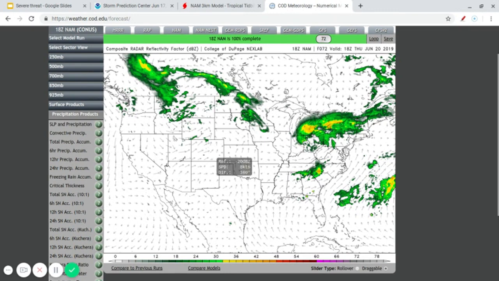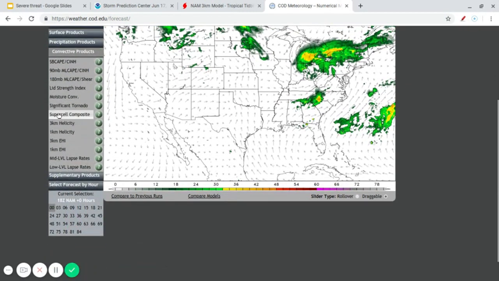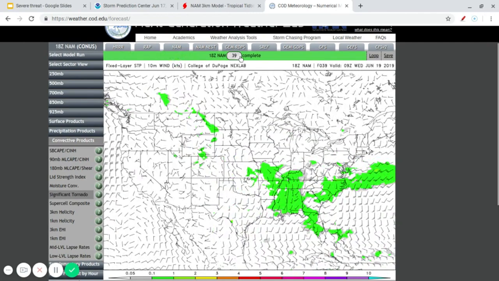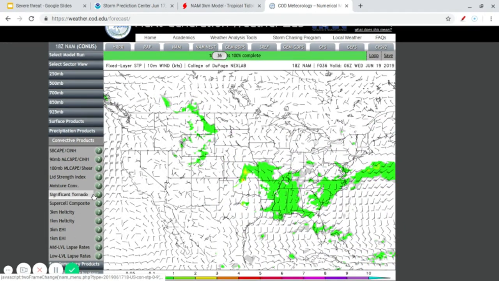And then I want to show everybody the... So I couldn't show tomorrow's sectors in just one because the sector I think changed right there, and so it was in two different places. But if we go to the convective products, I want to show everybody the significant tornado probability, which is one of the parameters I had run my stuff off of. I do both the supercell composite significant tornado and CAPE, and I do this CAPE because it says CINH, which limits the updrafts, and so I look at that to see if there's going to be any limiting of the updrafts.